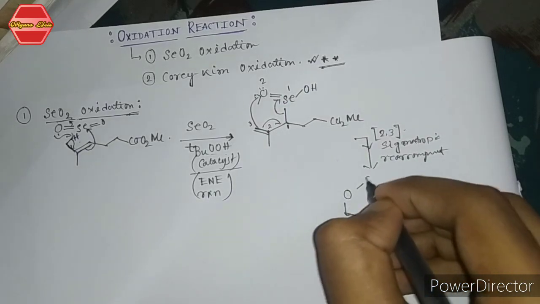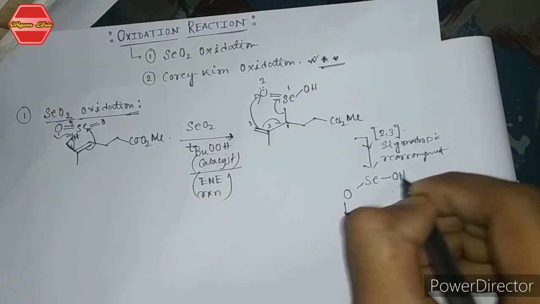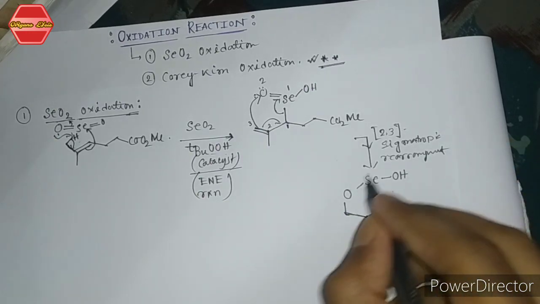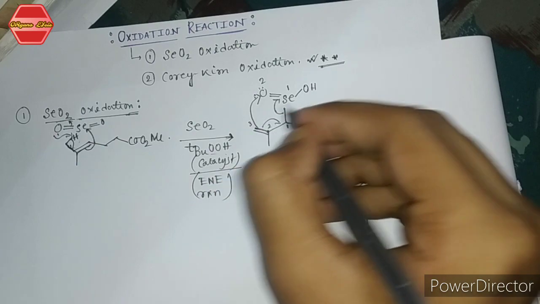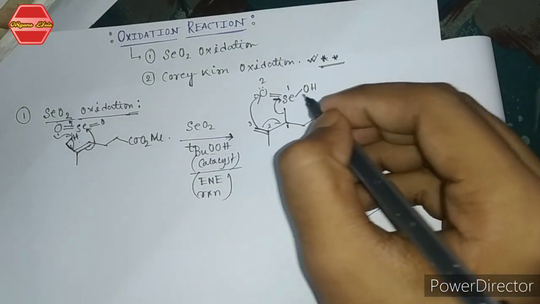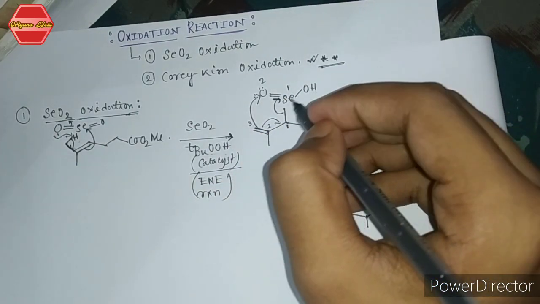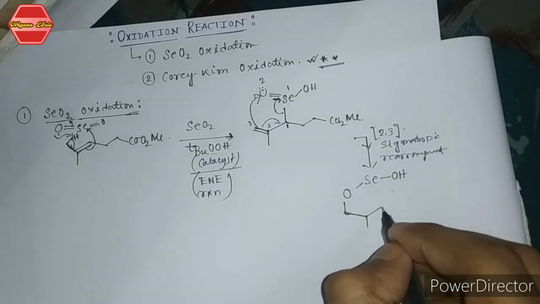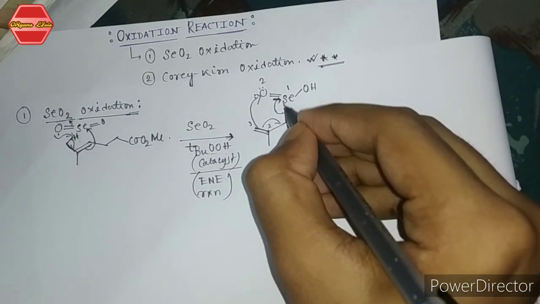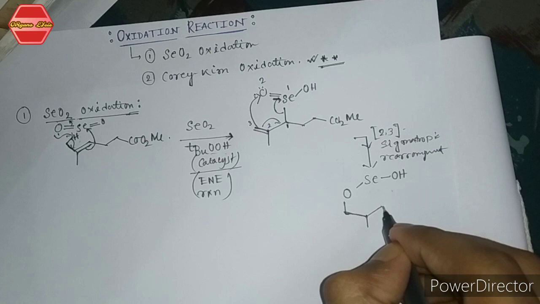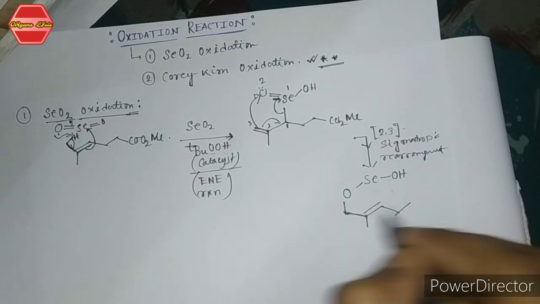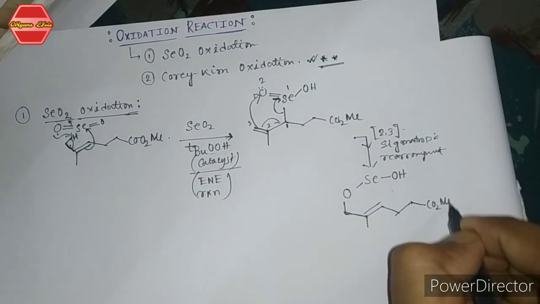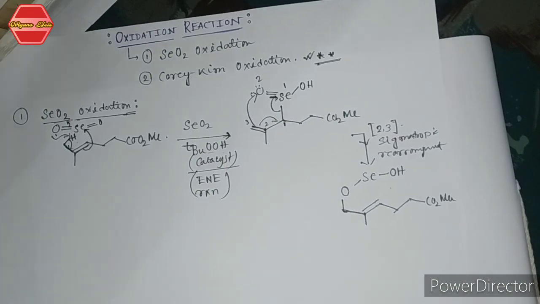Okay, let's see OH. Now this bond is attached to this system, and the selenium oxygen bond will go back here. So the selenium carbon bond is broken, so there is a formation of, now this is a double bond, and this is CO2Me. Okay, now see,